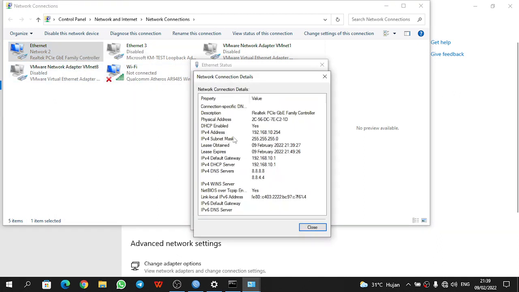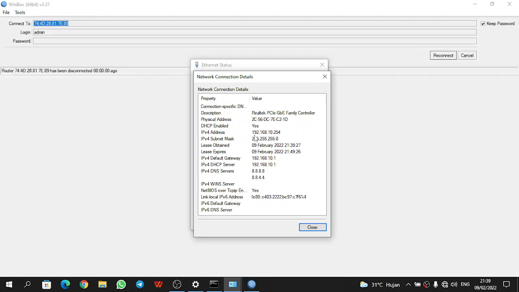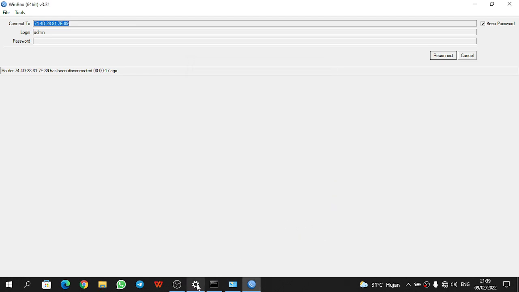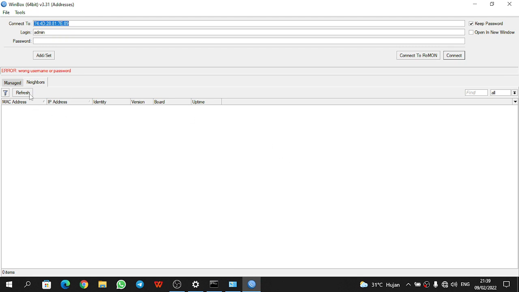Okay, look at this. We got the IP 192.168.10.254. Close. We check this, reconnect, and refresh.